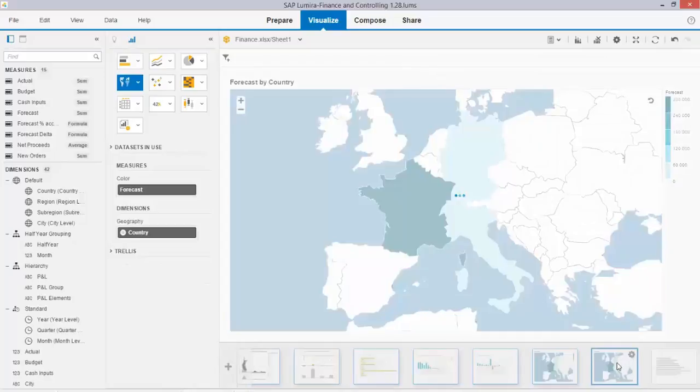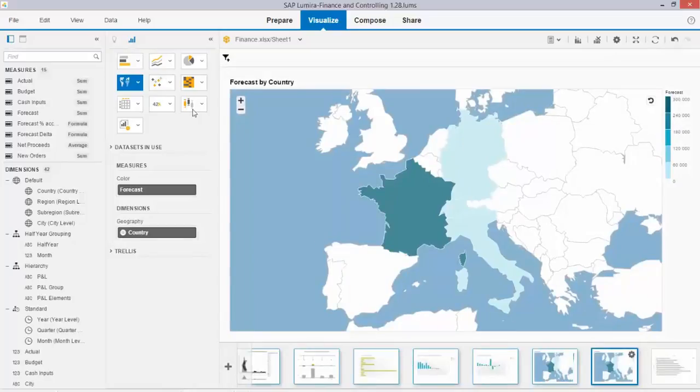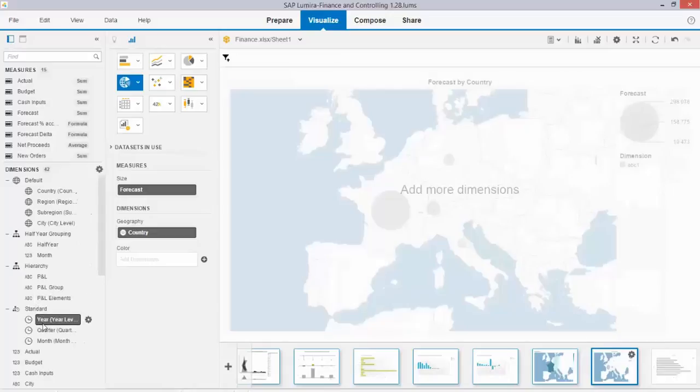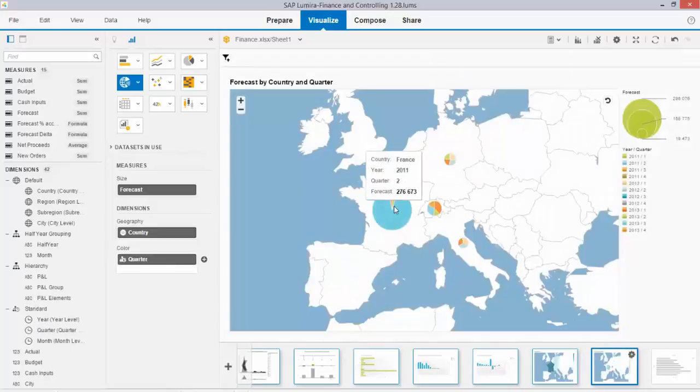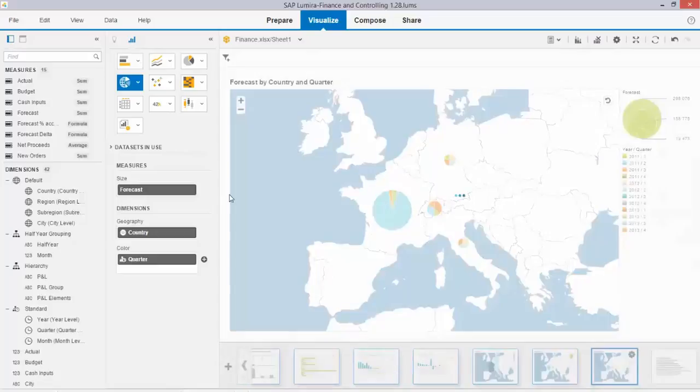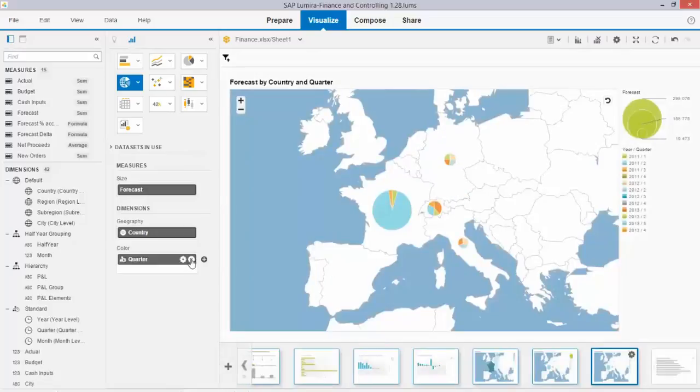in my working screen, and if I just duplicate it and change it, you will see that I can proceed with my analysis. Now also drag and drop the quarter with it, which gives me a bit more insight. Not only France has the biggest forecast, but apparently it's also in 2011 the second quarter. So if I duplicate that again, and I would, for example, change my chart and use the metrics that I